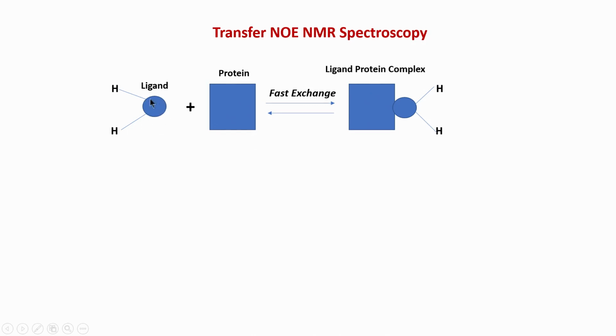So, imagine or assume a ligand which binds to the protein, and now there is a fast exchange between these two states, which means there is a weak interaction. Now, let us say that there are two hydrogens in the ligand which are less than 5 angstroms apart in space, meaning they are close in space, less than 5 to 6 angstroms in distance between the two. Let us assume, as another assumption, that when the ligand binds to the protein, this distance does not change much. That is the assumption.